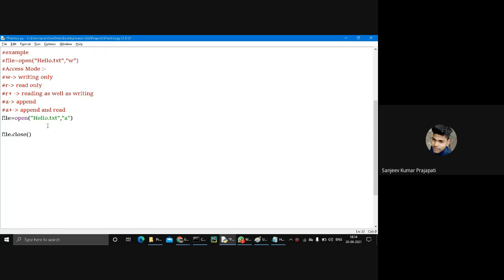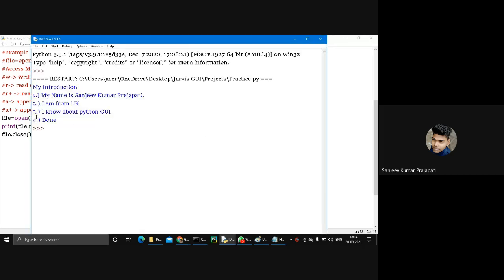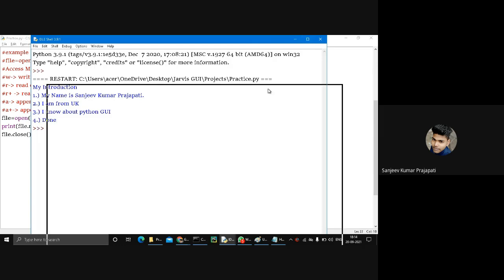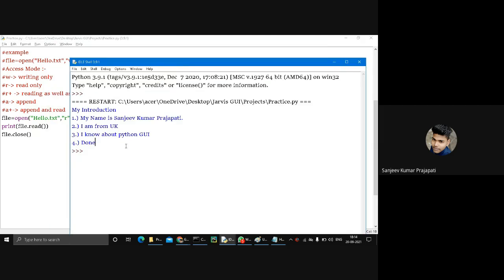And now I want to read my data. I open my file in reading mode, then print file.read. You see, the data is appended at the end of my content. Yes, guys, everything is clear, how the append method and the reading mode, writing mode work.